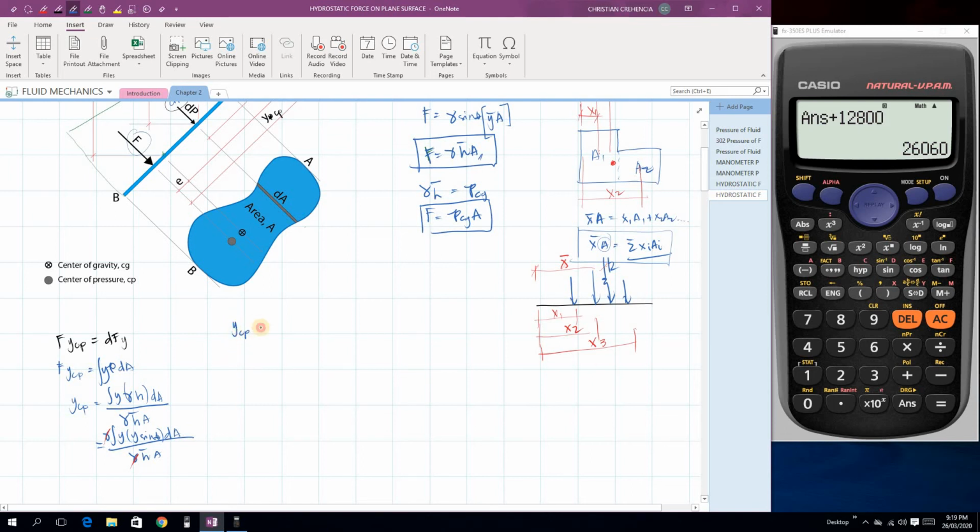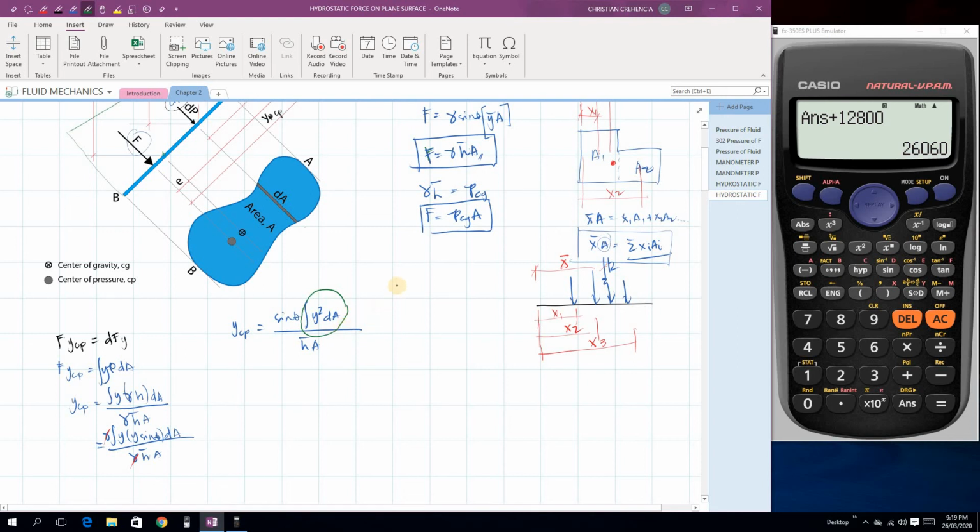So Y_CP is equal to, now we can also take out the sine theta, so sine theta times the integral of, we have two y's, so y squared, times our differential area, all over h bar A. Okay, if we look at this portion, the integral of y squared dA,